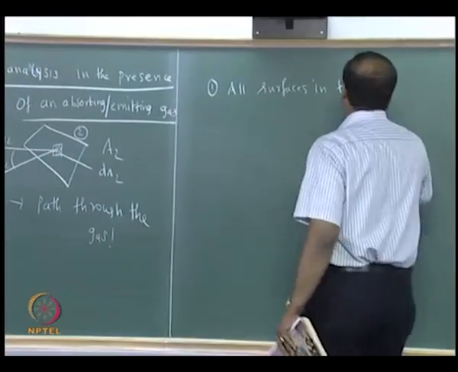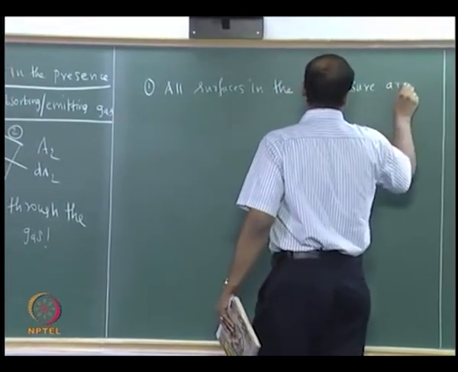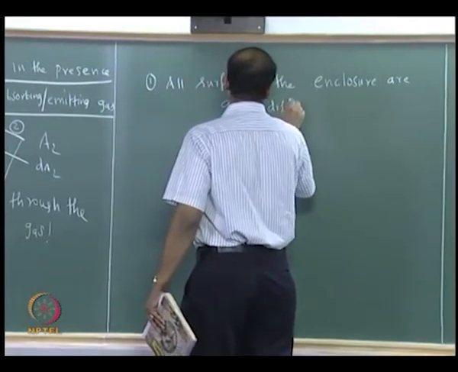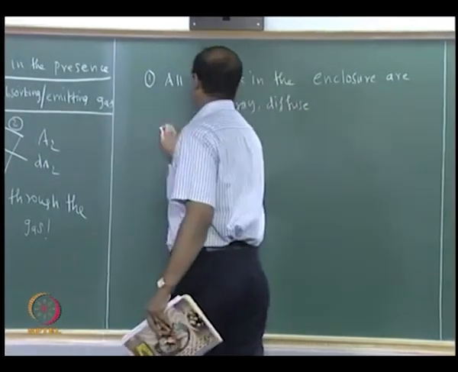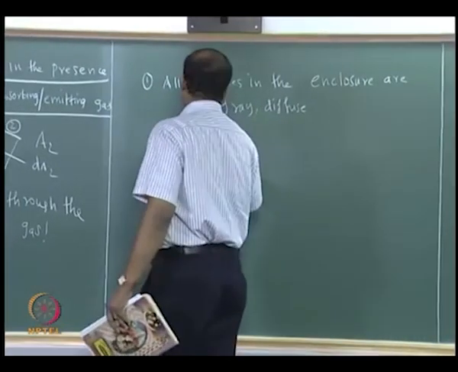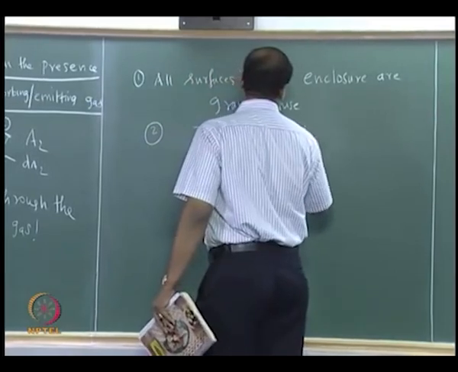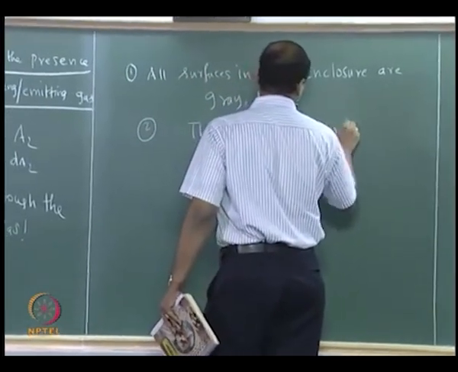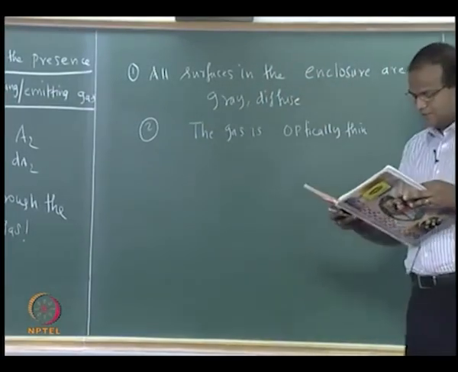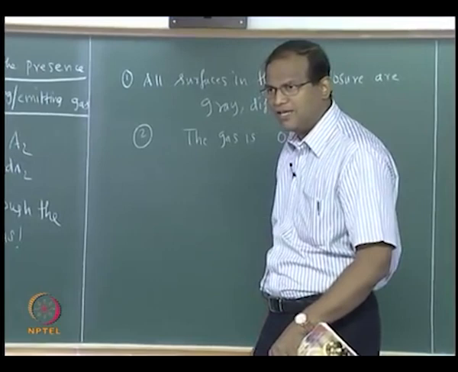Now all surfaces in the enclosure are gray diffuse. The gas is optically thin. So the radiation which is leaving dA1 which is falling on dA2 is given by